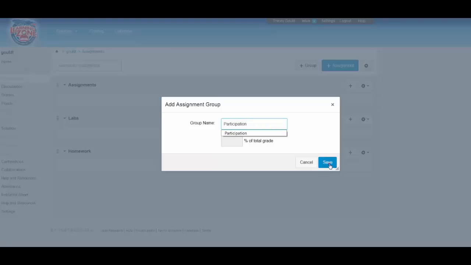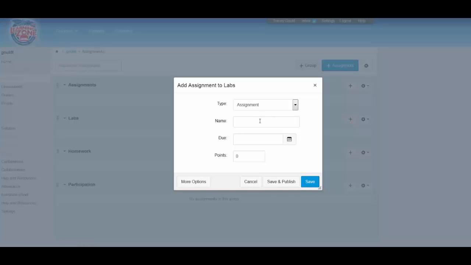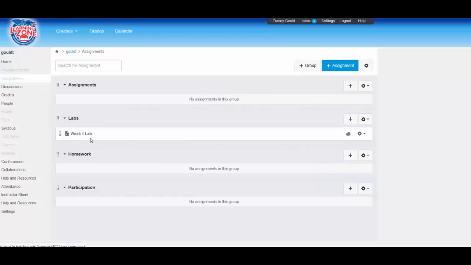Once you have added some groups, now you can add assignments in those groups. If I wanted to add all my labs, I must add them one at a time. And select Save. Now, this one doesn't have any points or a due date on it, so we need to go back and add